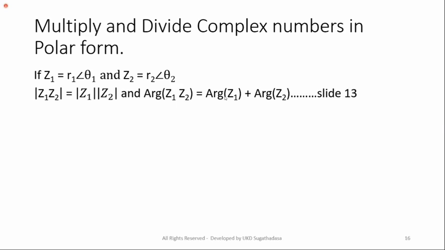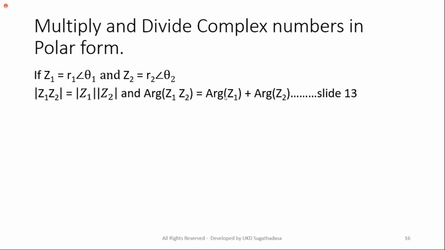If you want to calculate, for example, suppose two complex numbers are given in polar form. If you want to calculate what is the Z1 Z2 complex number, don't multiply, use the formula. You can't multiply, it's very difficult. Use the formula. If you know the modular value and argument of any complex number, then you can write the complex number. Here, if you have modular value R1 and you know theta 1, the complex number is R1 cos theta 1 plus j sin theta 1. So even for multiplication and division, you have to follow this method, this formula.